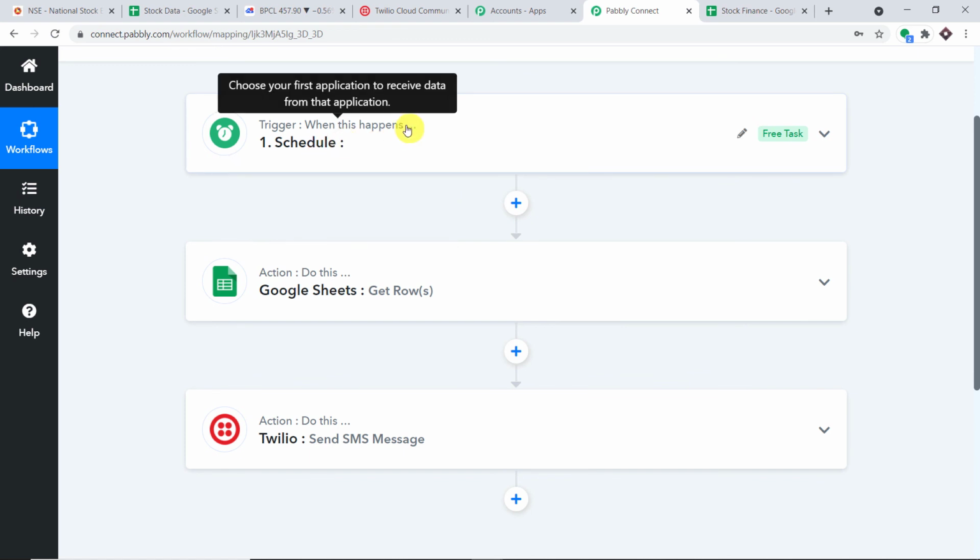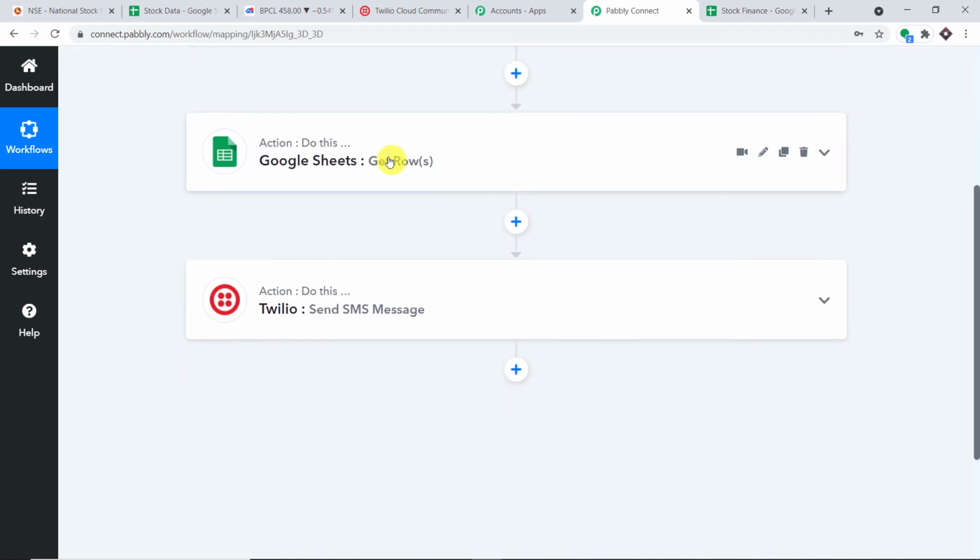In your case, you can keep it as 10 minutes, 12 minutes, or 2 minutes, but it is always advisable to keep a higher figure because you really don't want to be annoyed by repeatedly getting the SMS every 1 or 2 minutes. So I would suggest that you don't use 1 or 2 minutes for SMS. Minimum 10 minutes would be fine.